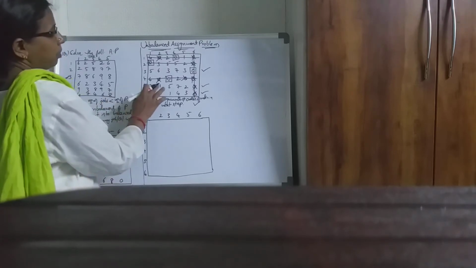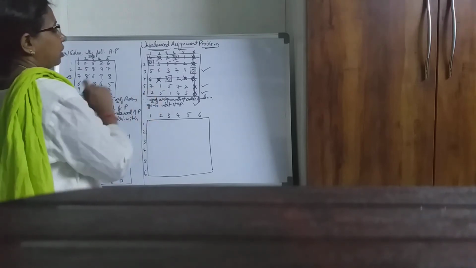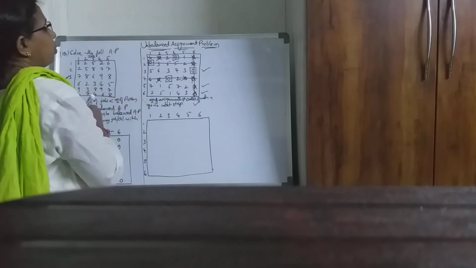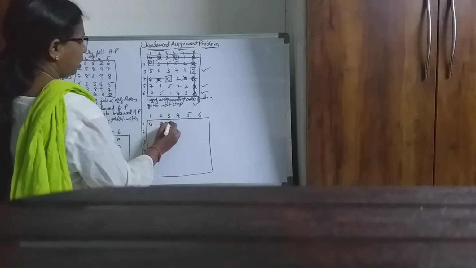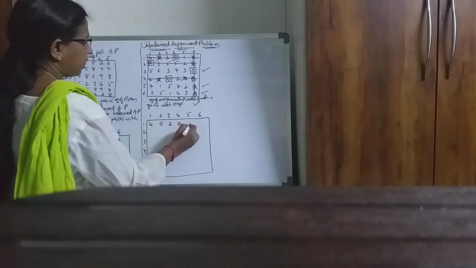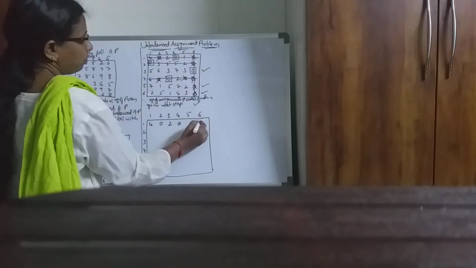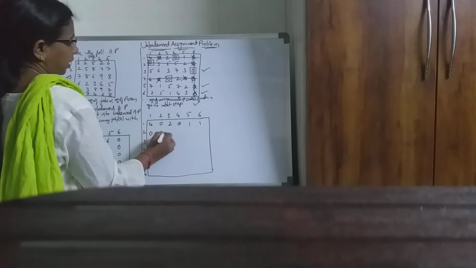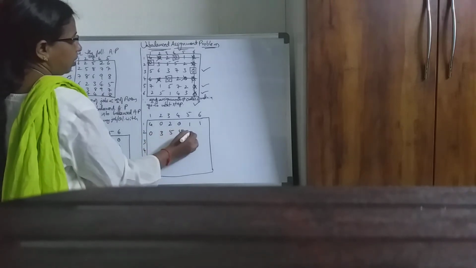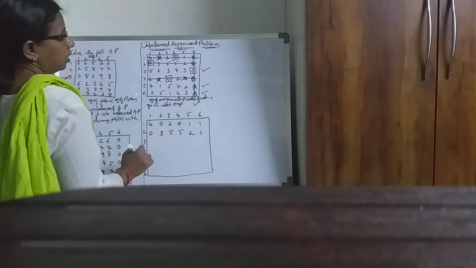First row, minimum of the elements which don't have any line passing through them is 1. Now first row, you have only 1 line passing through them, so I will write 4 as it is, 0 as it is, 2 as it is, 0 as it is, 1 as it is. But here this last 0 has 2 lines, so 0 plus 1 will be 1. Similarly second row, 0, 3, 5, 5, 2. Here also for this 0 you have 2 lines, so add 1.